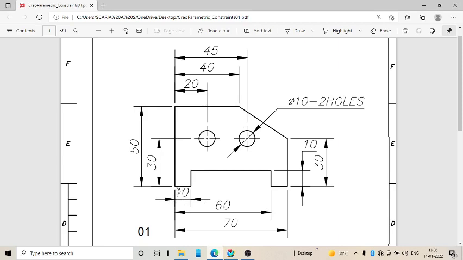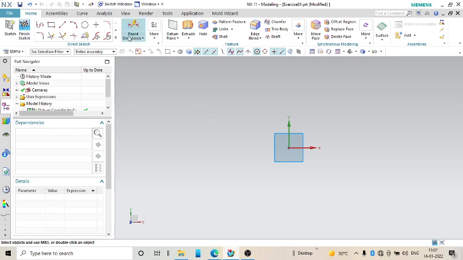So either you can make a line, continuous line, or line by line, whichever is convenient to you. You just observe the drawing clearly. So we have to draw one perpendicular line, horizontal line, angular line, again vertical, horizontal, vertical, horizontal, vertical, and close the sketch. So here you can see there is an option called profile line. So if you select this profile option, you will get a continuity. When you draw the line, you will get the continuity, but make sure that